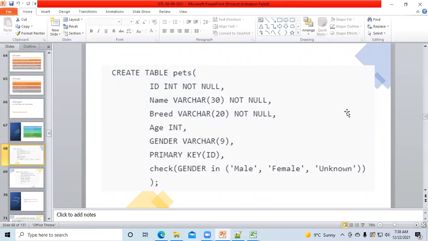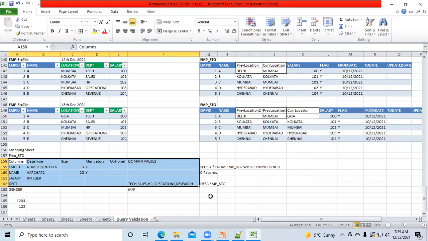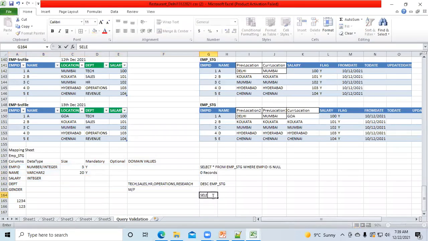I asked the same question in the last batch: how will you check that the gender is accepting those domain values or not? In that batch, one person mentioned that he would write a query. I will write a query like this: select star from pets where